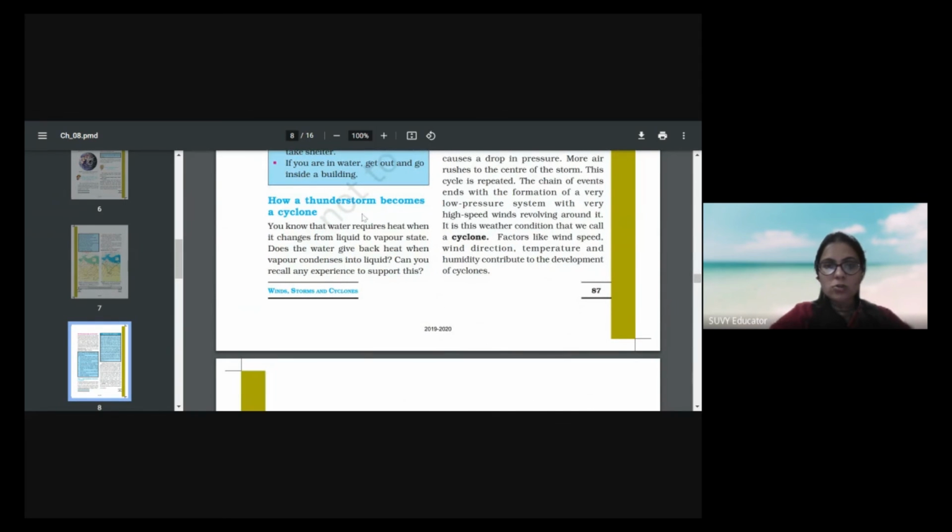How does a thunderstorm become a cyclone? Water requires heat when it changes from liquid to vapor. If you have to change water from liquid to vapor, you have to give it some heat. Does the water give back heat when the vapor condenses into liquid? When you condense water vapor into liquid, it is an exothermic process, and it gives out some heat. Okay. Now,